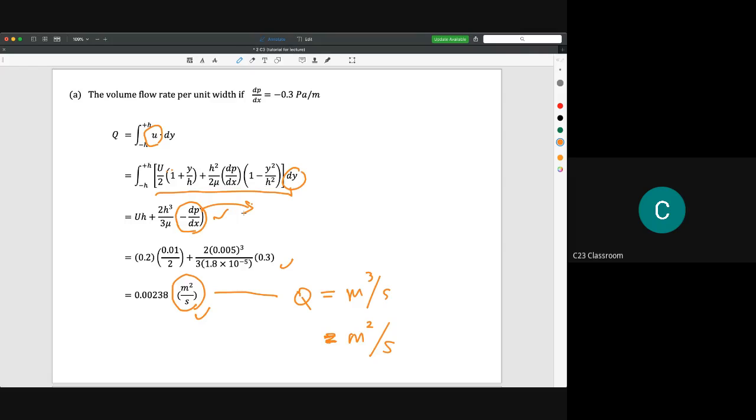In this situation, they give you minus 0.3. So you just substitute the value of 0.3 into the term, and then you can solve this problem. That's why I say, after you see the Navier-Stokes equation, I hope you can understand the terms, because sometimes you need to define those terms